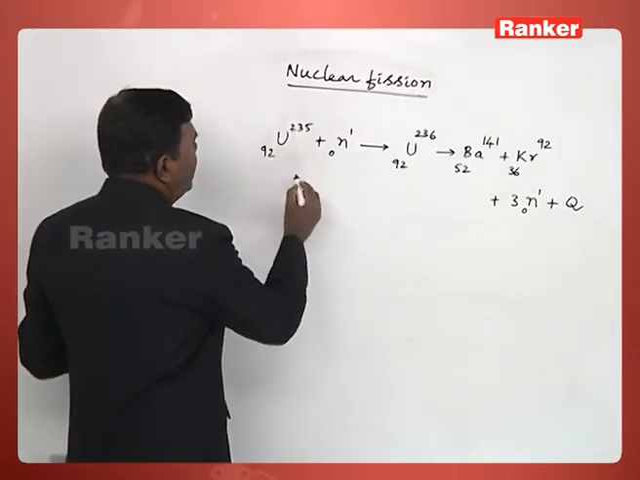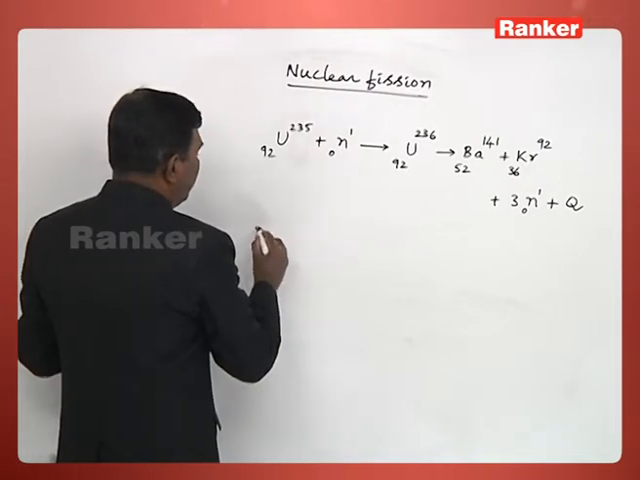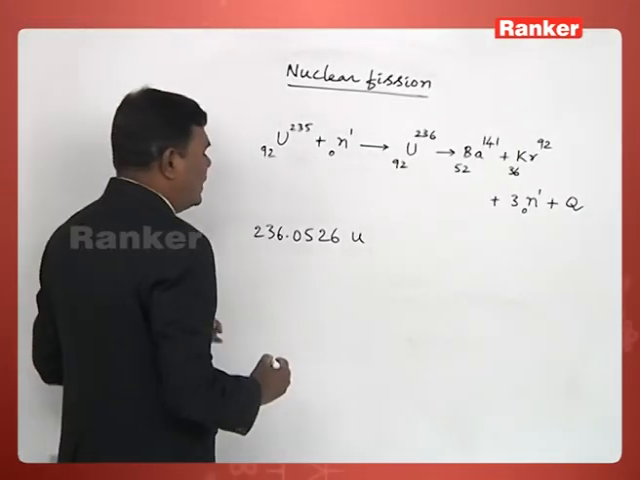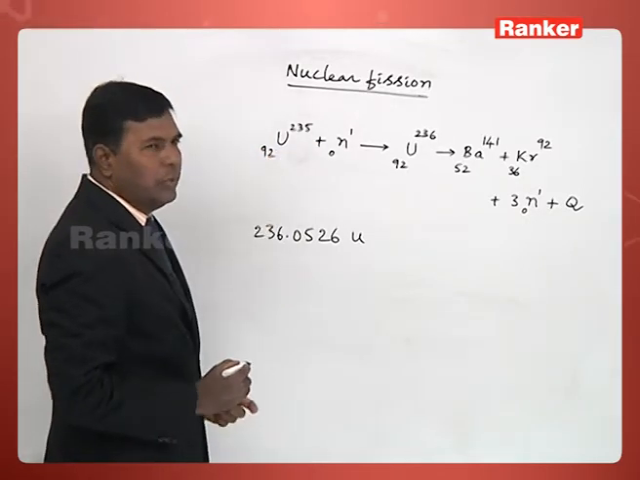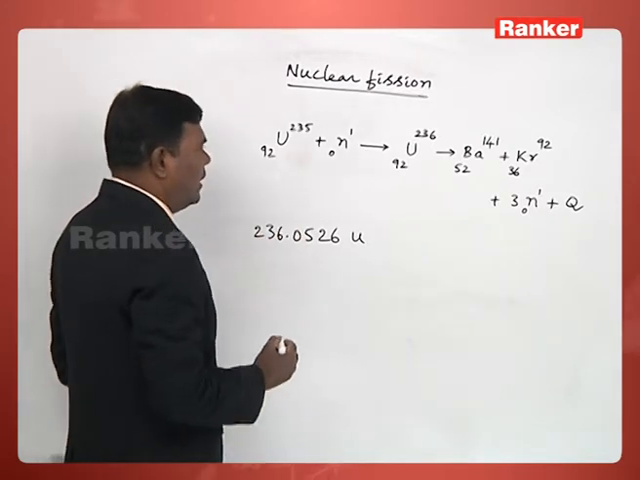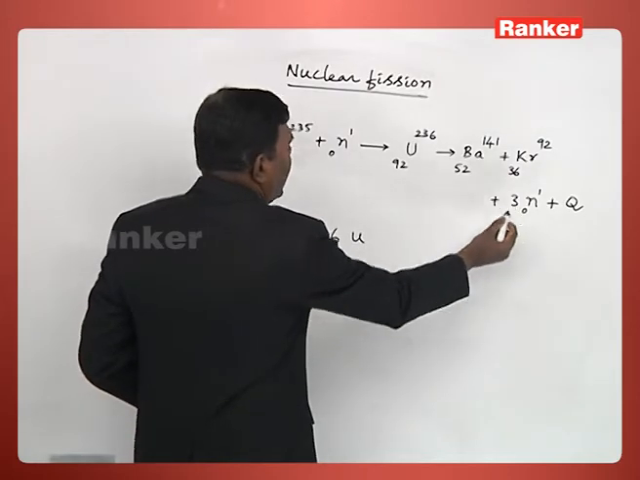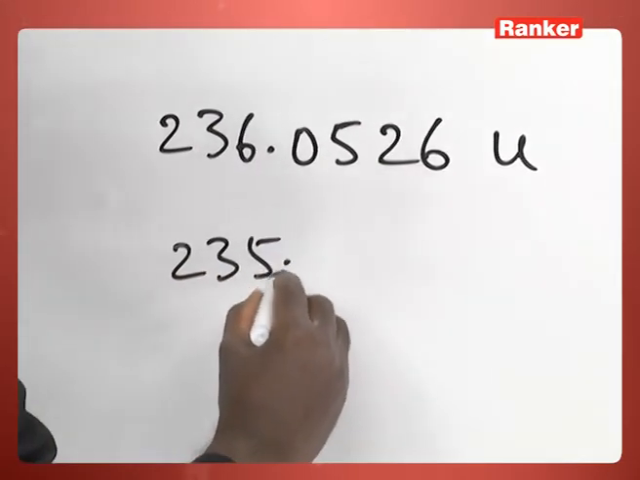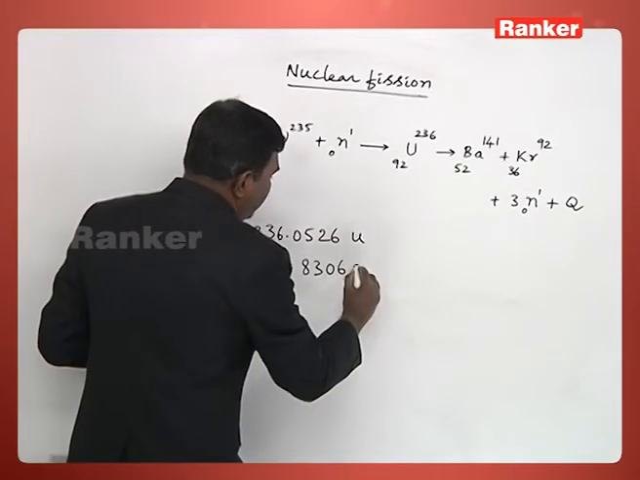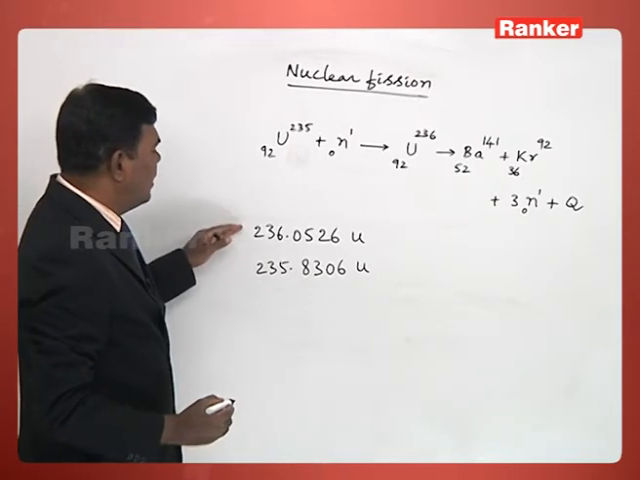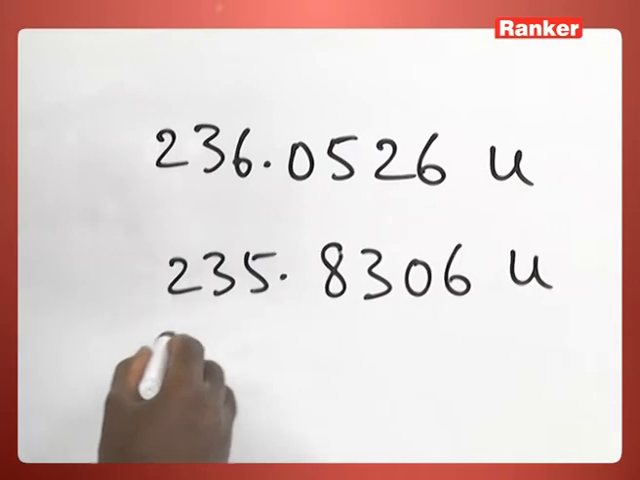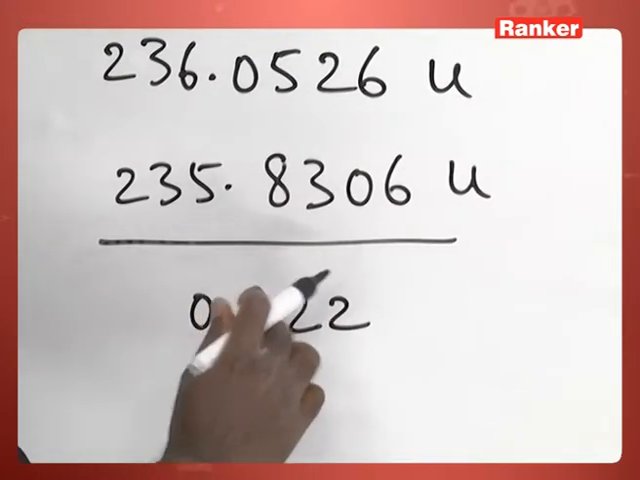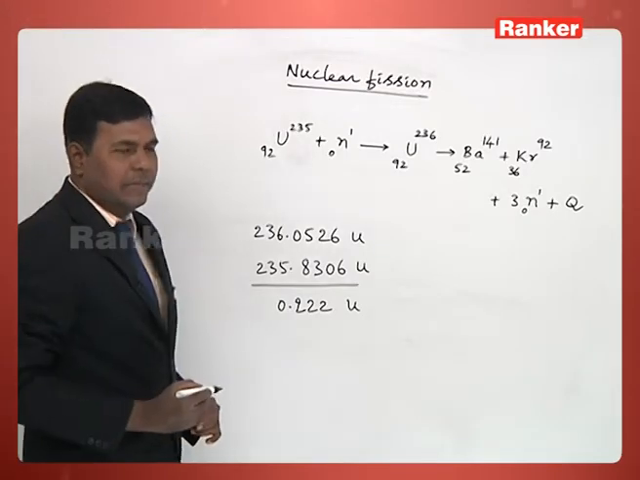Generally, if you take the masses of the interacting particles before the fission process, it comes out to be 236.0526 AMU. That's the total mass of the uranium 235 and neutron before the fission process. And after the fission process, if you consider the total mass of all the three products, what you will get is 235.8306 AMU. Obviously you can see this mass is large and this is relatively less. If you take the difference between these two masses, you will get 0.222 AMU. That's the difference in the masses. For each 1 AMU,